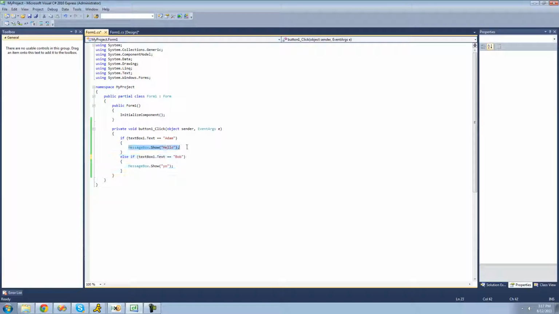It will show the message box, but once it's done executing everything inside of here, it'll just stop and go right down to there and just skip after this else if statement. And you can have as many else ifs as you want. So if you wanted to have another else if saying else if text box one's text equals Joe, then we want to get a message box that says hi. So let's have a message box saying